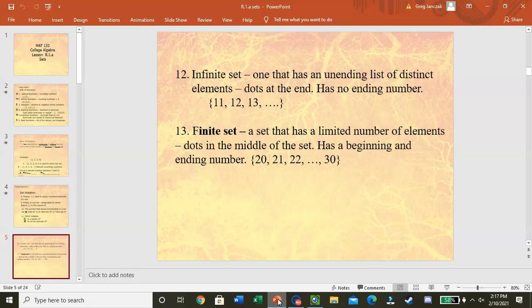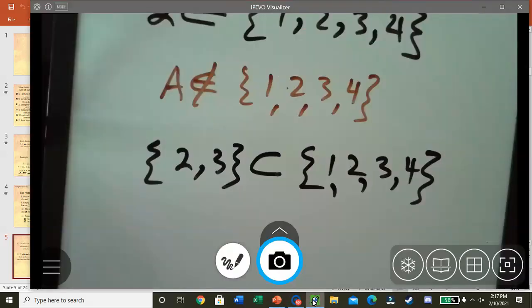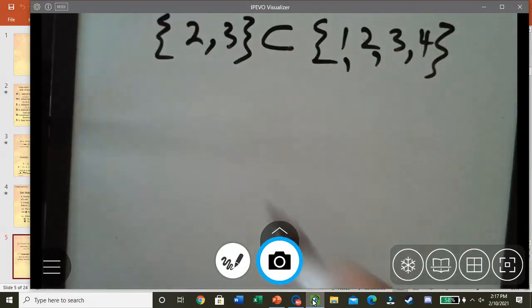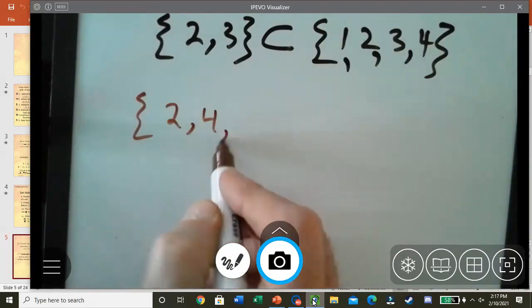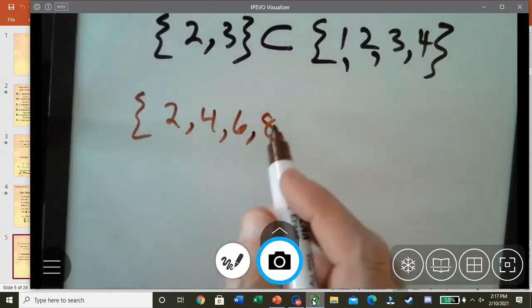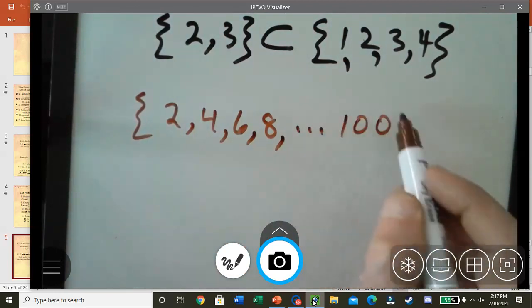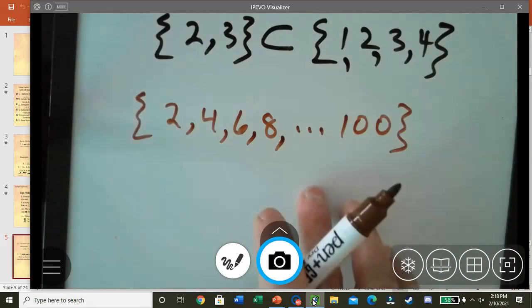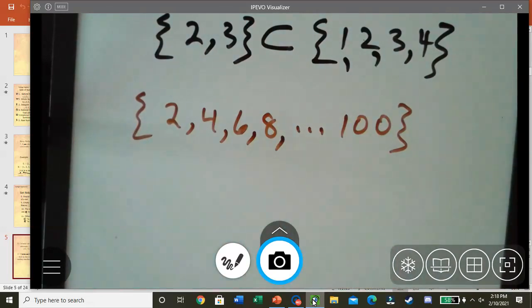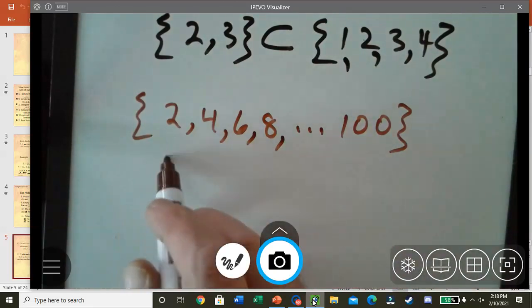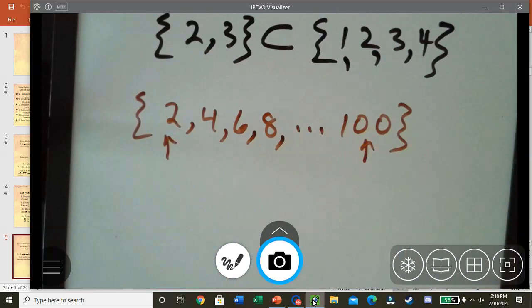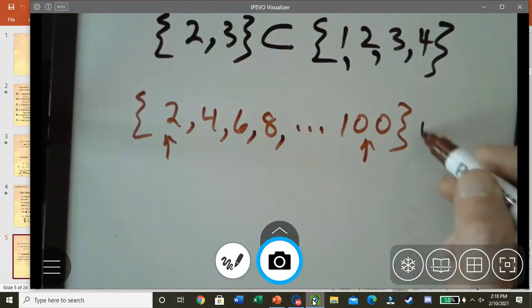When the dots are in the middle, that means the sequence continues. In other words, 20, 21, 22, 23, 24, 25, 26, 27, 28, 29, 30. So this means finite. Well, why do we do that? Well, if we had something like 2, 4, 6, 8, so it's developing a pattern, right? Dot, dot, dot, 100. So you can see the elements in the set, but you don't have to write everything. And so it has a beginning and it has an end. And it has dots in the middle. So with dots in the middle, this is a finite